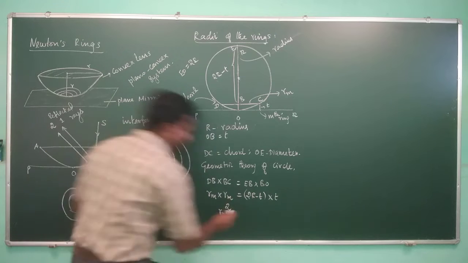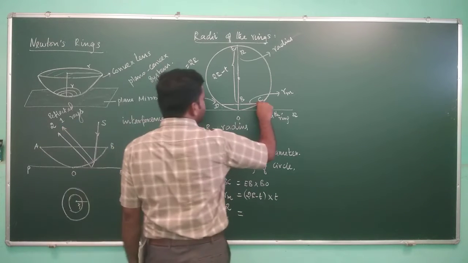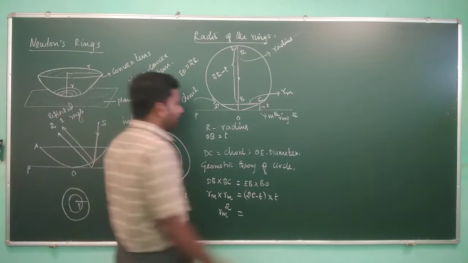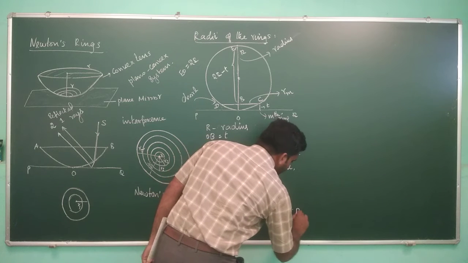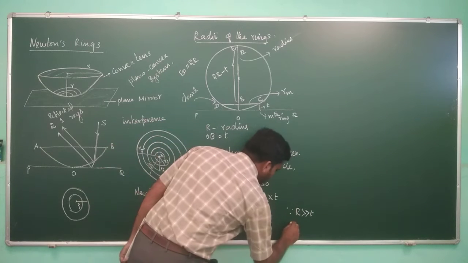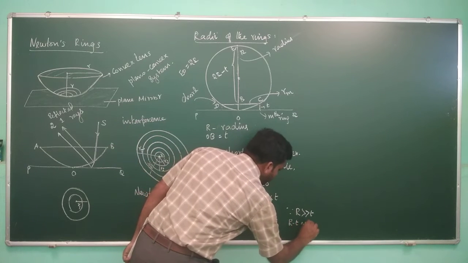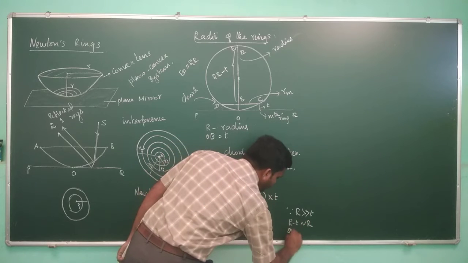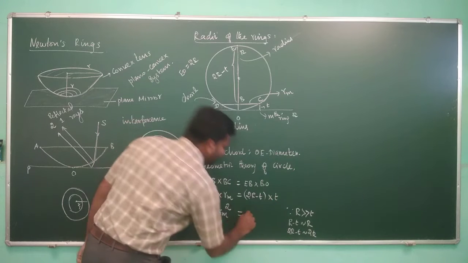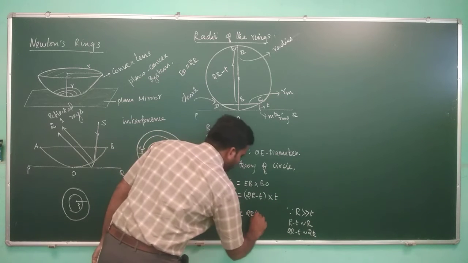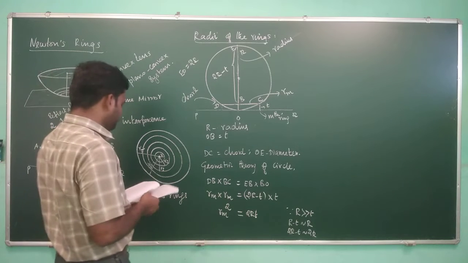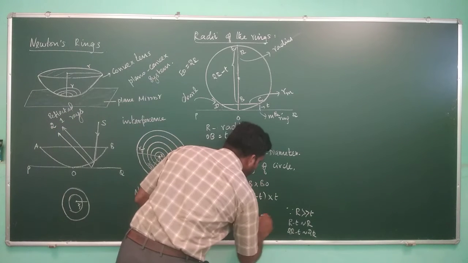Generally, this is the thickness that is very, very small, right? So when compared with R, the thickness will be very, very small, so you can take R minus T is equal to R, so that 2R minus T also you can consider as 2R, so that 2R multiplied by T, it is RT. Fine. So this you can say equation number 1.